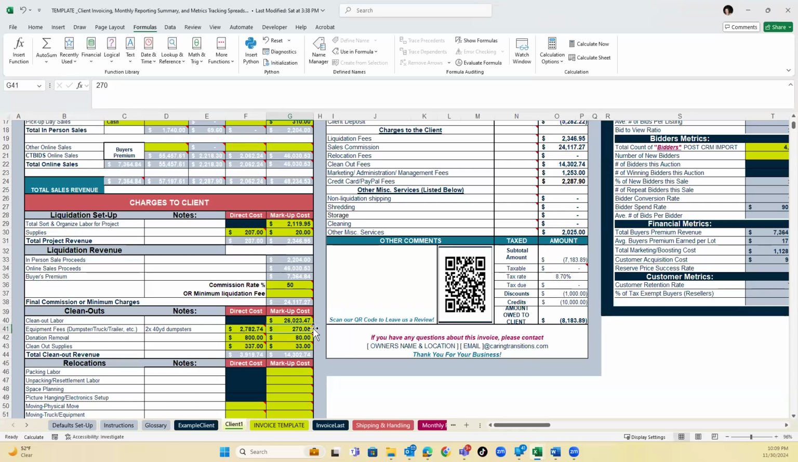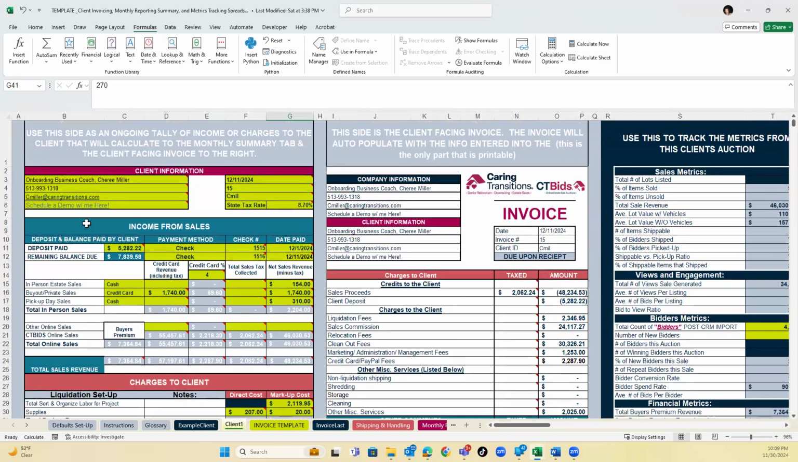26,023.47. All right. So we'll calculate that again. All right. So that is your client's invoice in a nutshell. Okay. So we went over invoicing the client,